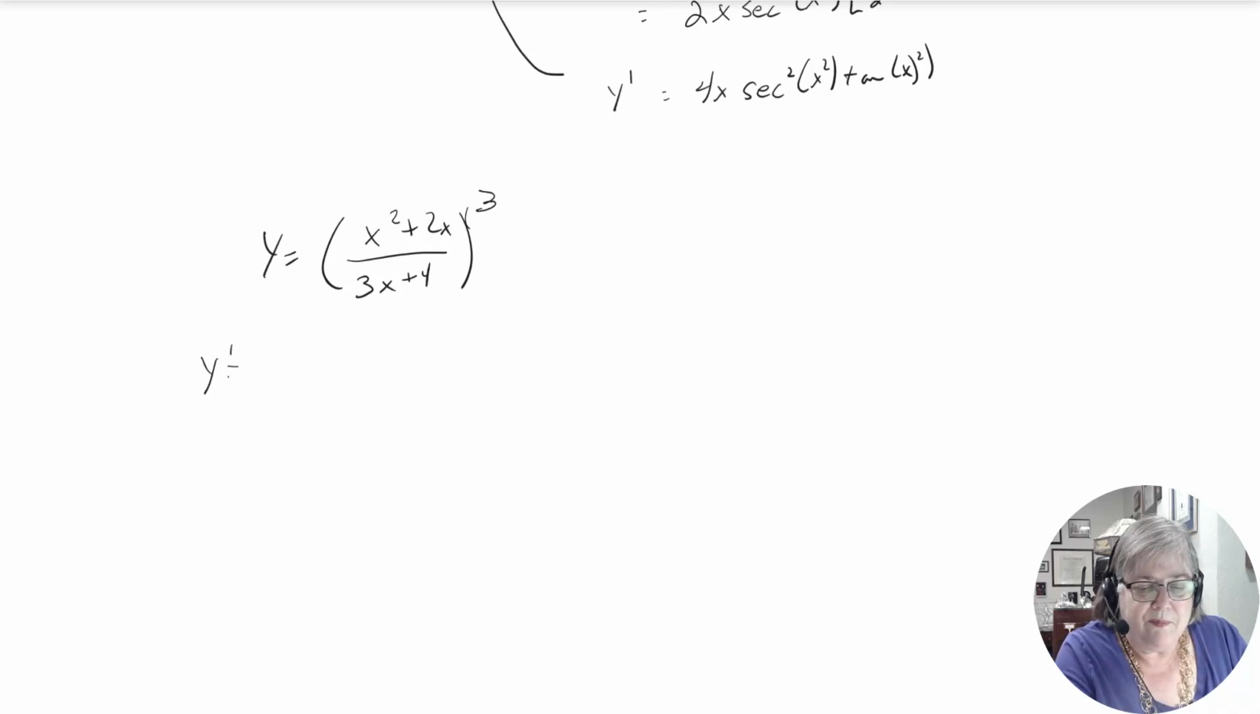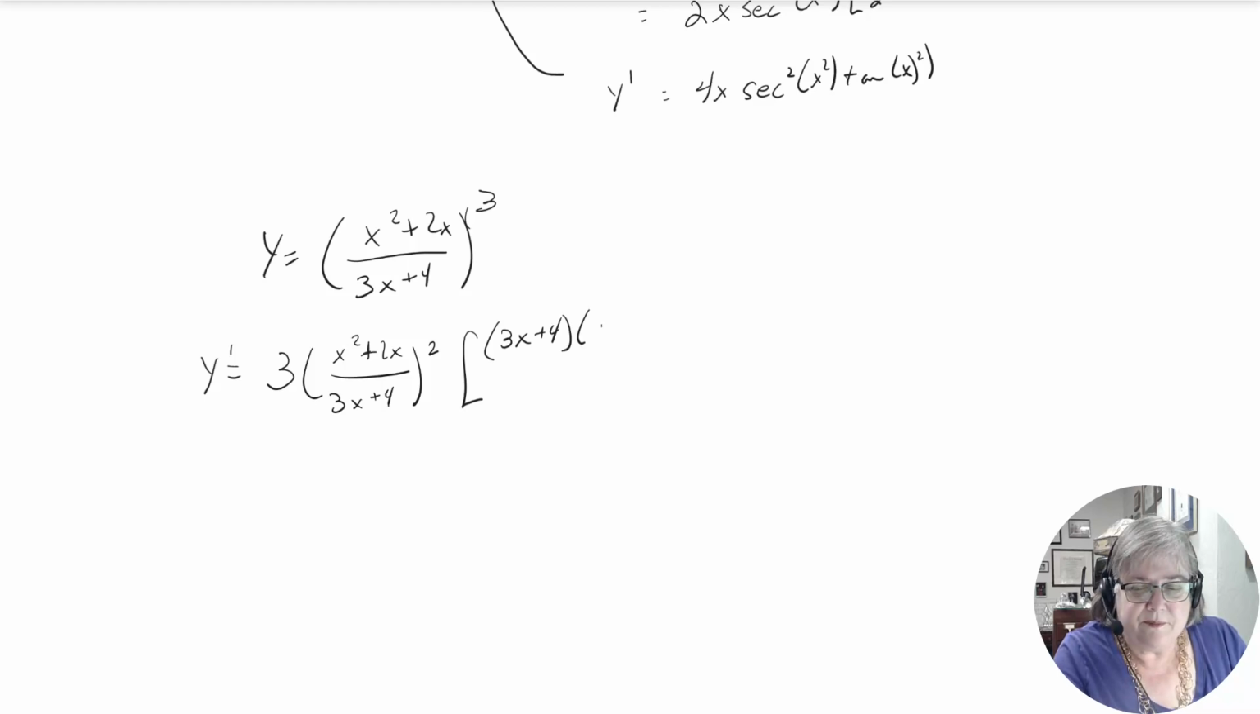So here we go. We start with the outside. So the outside says bring the power down, leave the inside alone. Take 1 off the power. Now we're going to loop it back in. And on the inside, it's the quotient rule. So it's the bottom times the derivative of the top minus the top times the derivative of the bottom